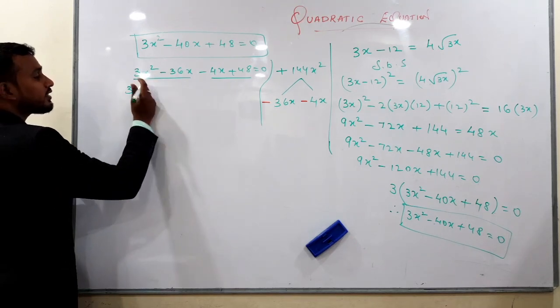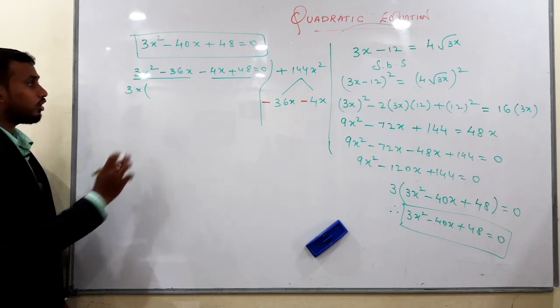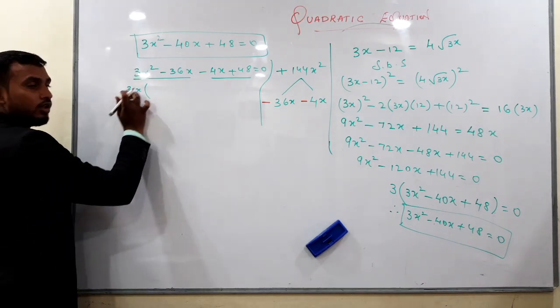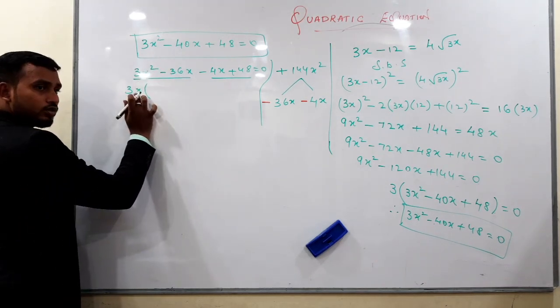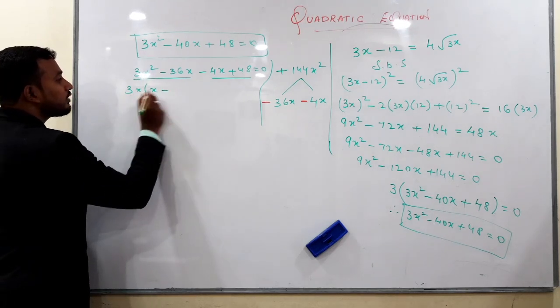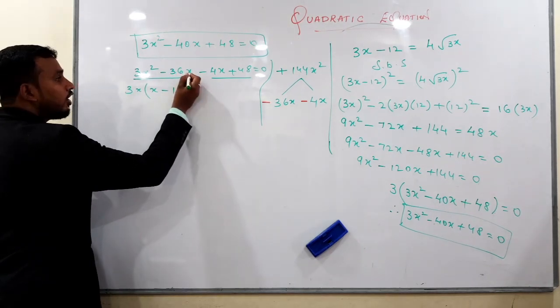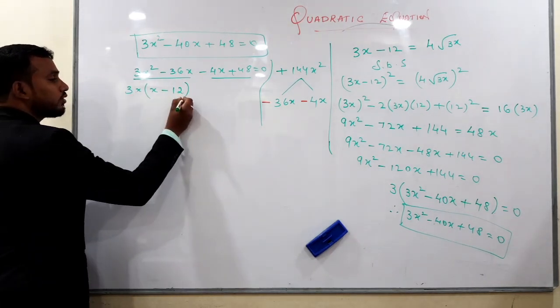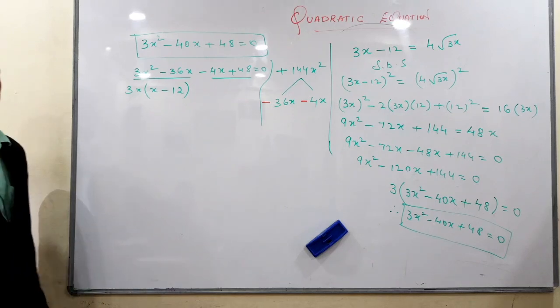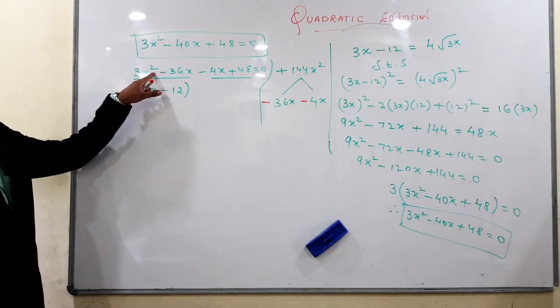In x square and x, we can take x also as common factor. Understood? Now already this 3 has come out. From x square already one x is out. So what is left out? One term of x. Minus 3 1s are 3, 3 2s are 6. Already this x is out. Keep it bracket. Close the bracket. Understood?